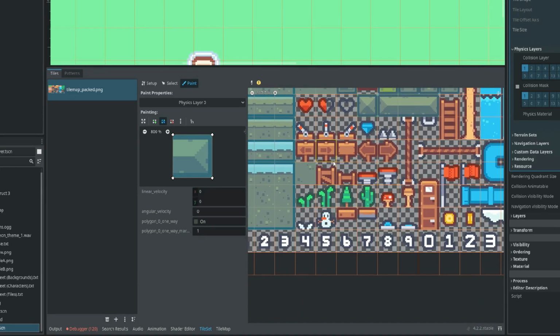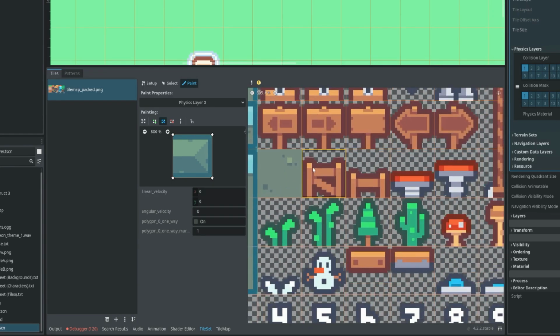Let's say, for example, you wanted the player to be able to walk on top of this fence here. He would be technically walking on air here because this fence is all the way down here. So to change that, we can click on the tile we want, and then we can lower down these two values. And now, if we paint it over again,